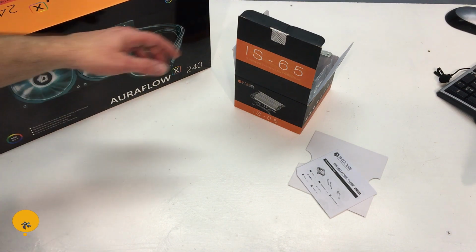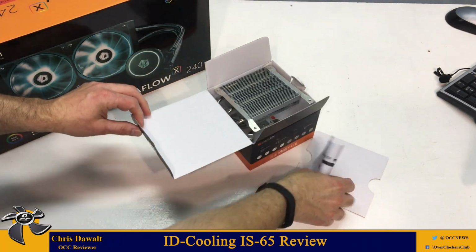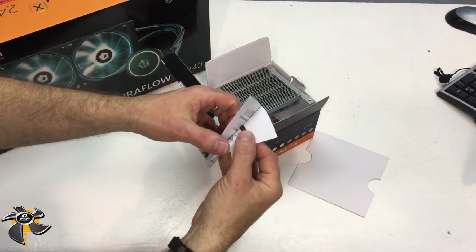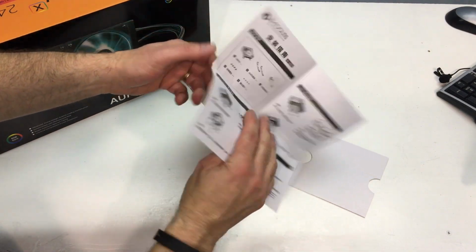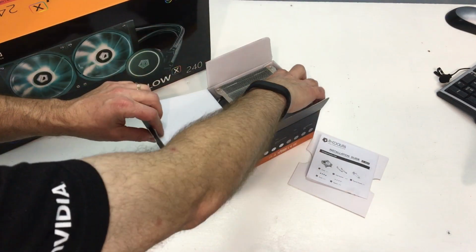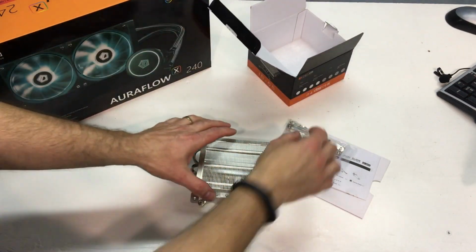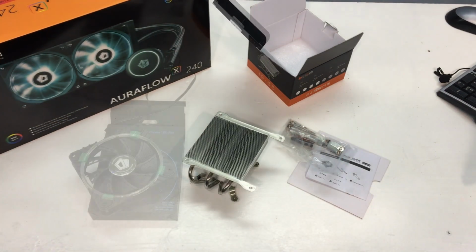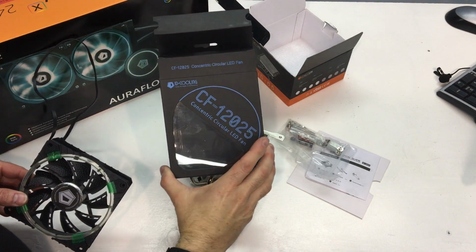So the first one we'll look at here is the very small IS-65. When you open the box, there's a small instruction sheet that goes over what's included and then the different socket coverage. But this is a very simplistic cooler, and it does not come with a fan. You supply your own 120 millimeter fan, which is exactly what ID Cooling has done. They supplied me with a